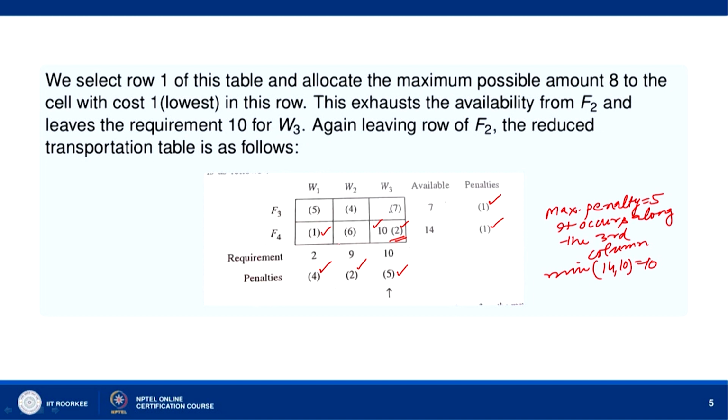removed, and we have the transportation table containing 2 rows, this one 5, 4, 1 and 1, 6 and 2 columns. So, this one 5, 4 and 1, 6. So, this transportation table reduces to this one, this is W1, this is W2, this is F3, F4. All right. Now, we go to the next table.